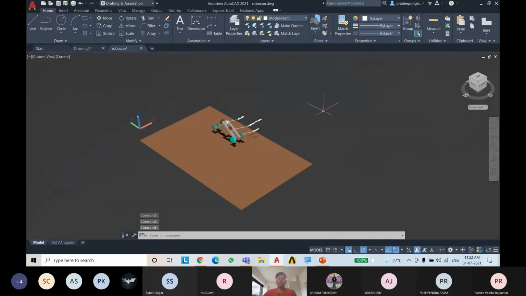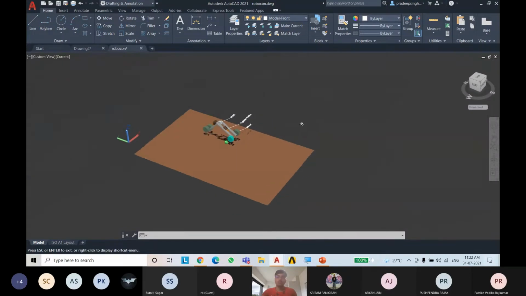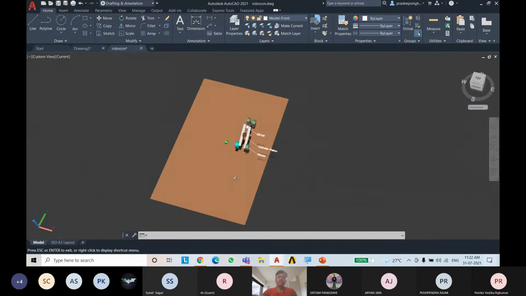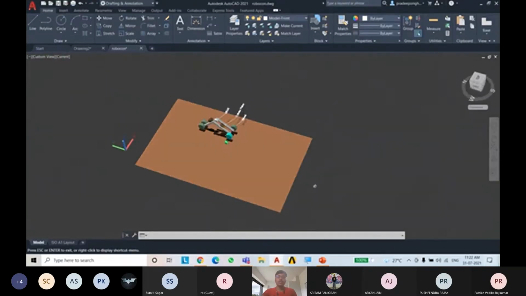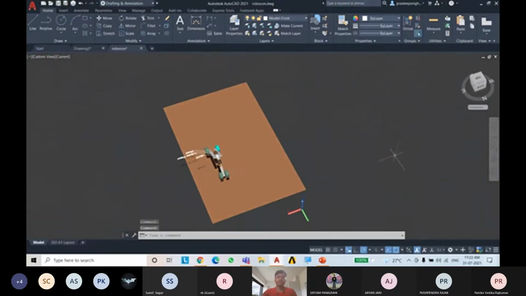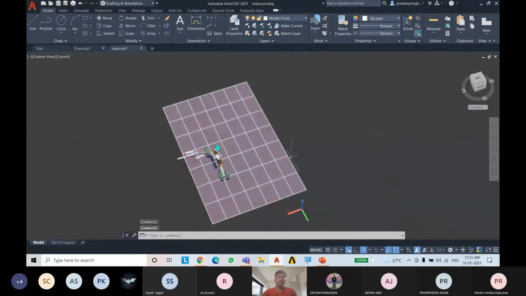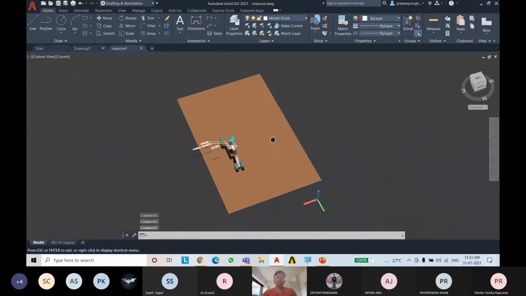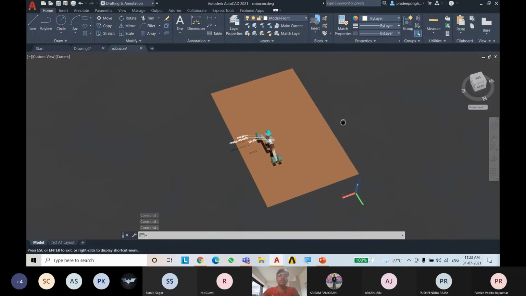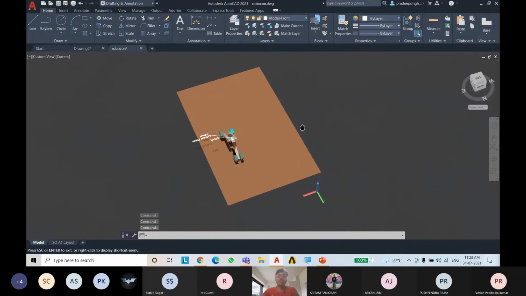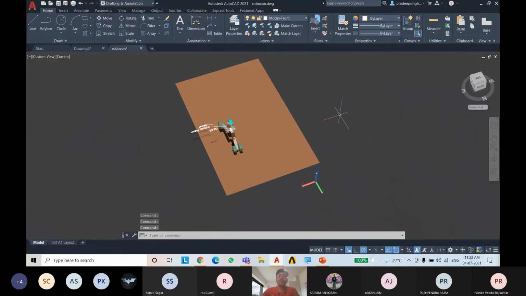If you want to use your mouse to orbit, you can use shift and wheel. You can tap the wheel of the mouse to orbit the object in any direction. For panning, you can use only your mouse buttons. Click on the wheel of the mouse, and you can drag the object to any place by clicking on the wheel of the mouse.